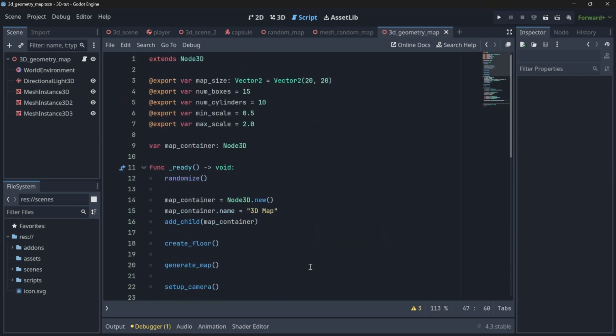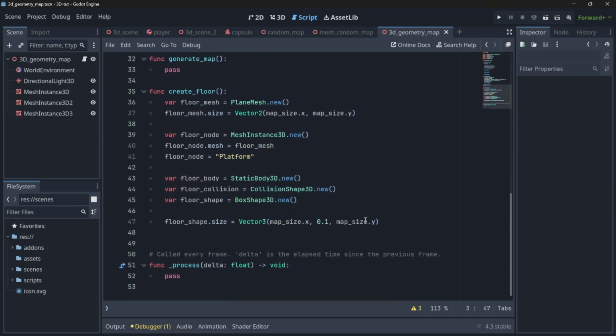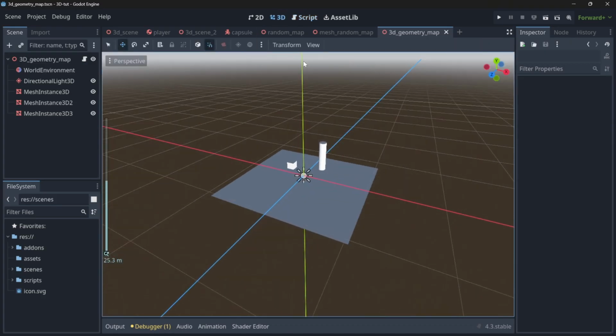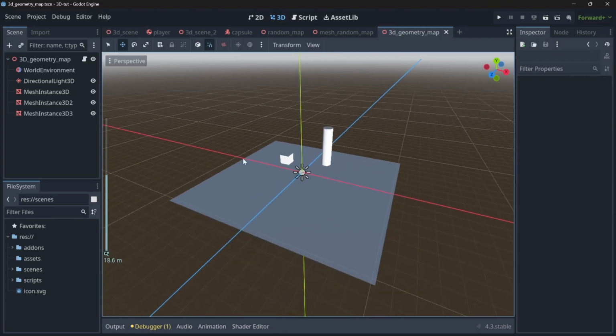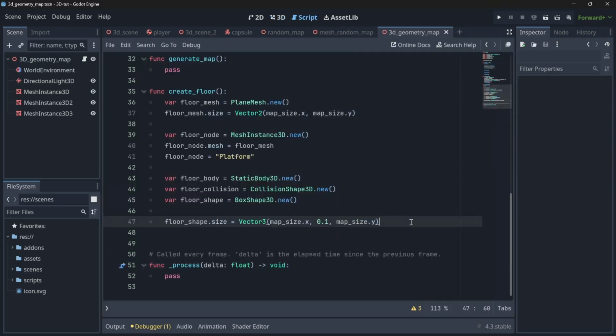The reason is the map size I have defined as a vector 2. So this is x and a y. However, here it is a vector 3, and the z value, so if you see the direction in our map, the y is the top direction, the x and z are the horizontal directions. A little bit different from mathematics where the z is generally considered to be the altitude, but yeah, this is what it is. So this is the reason we are setting the y value for the z,